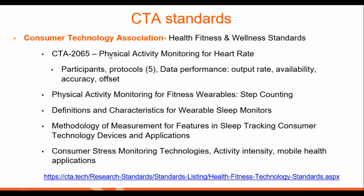Within that standard, it outlines the number of participants you need, what type of participants you need in terms of men and women, and for optical heart rate, different skin tones, different body compositions. It outlines 5 different protocols that you can use to look at the validation or the accuracy of a heart rate monitor. And this is not specific to optical heart rate. It's actually very generic, and that was our intent, that for any wearable or non-wearable that's measuring continuous heart rate, you can use these protocols and guidelines to determine the accuracy. It outlines data performance,